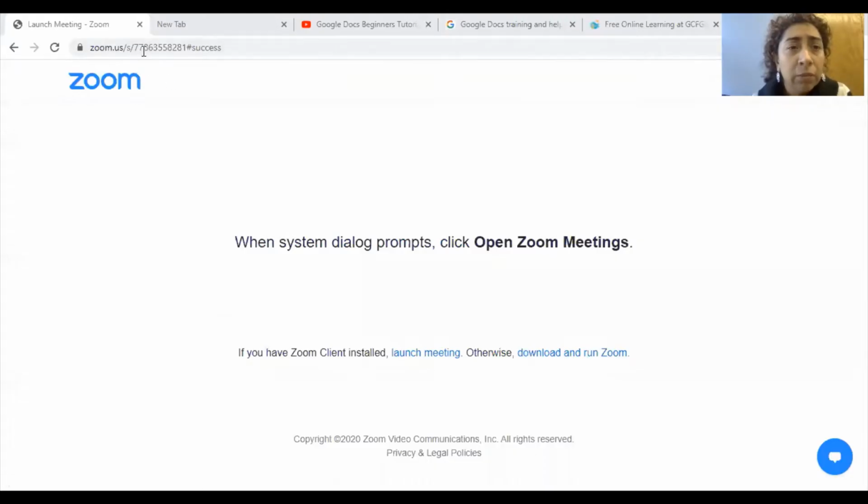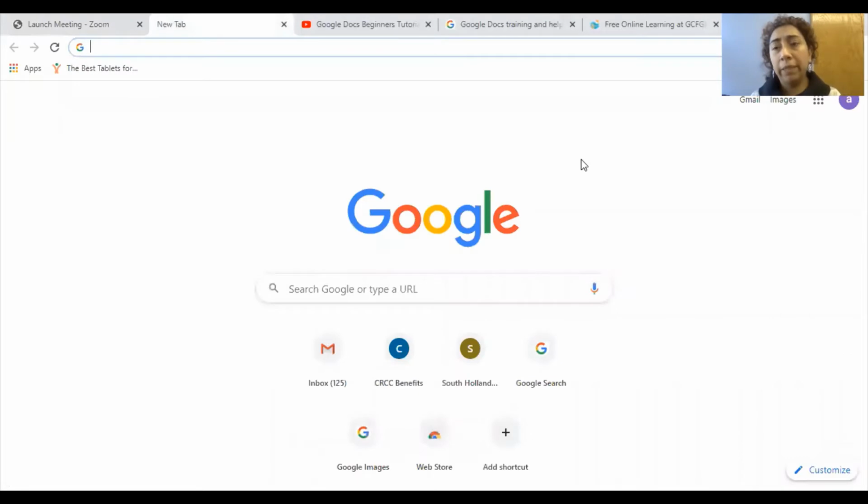Okay, so let me first off share my screen so I can show you how to access Google Docs. All right, so we're actually going to go to a new tab here, and I am going to get rid of myself here because we do not need to see this. All right, so now if you open up your Google Chrome browser and go to your Google search engine page,